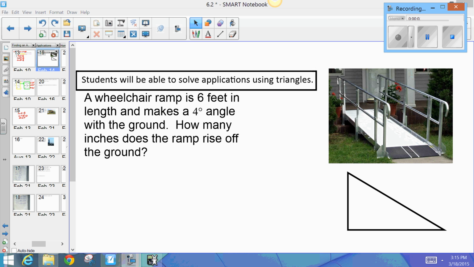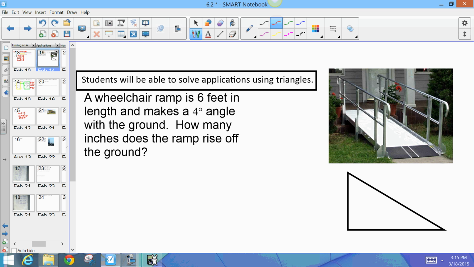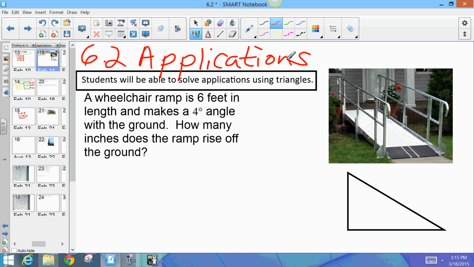This is pre-calculus. Notes on section 6.2. 6.2, applications. Word problems, guys. All right, so I picked a few word problems out